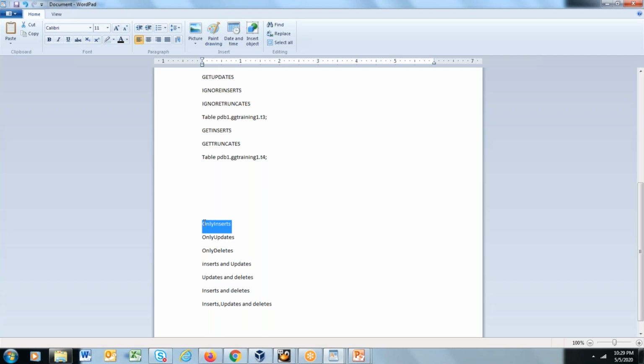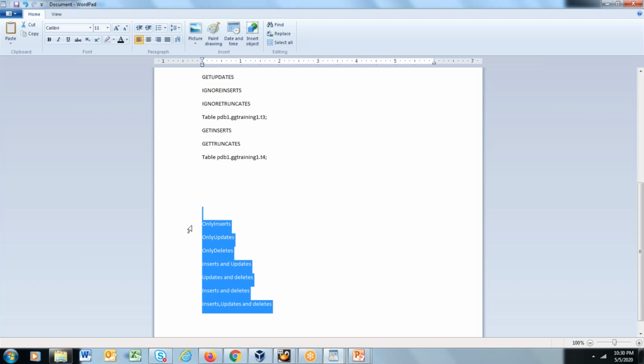Then for updates, similarly you will group tables, then similarly deletes. So basically all those 100 tables will fall only in these 7 groups, and in these 7 groups you will be capturing the data. You will be creating the parameter files based on these 7 groups.